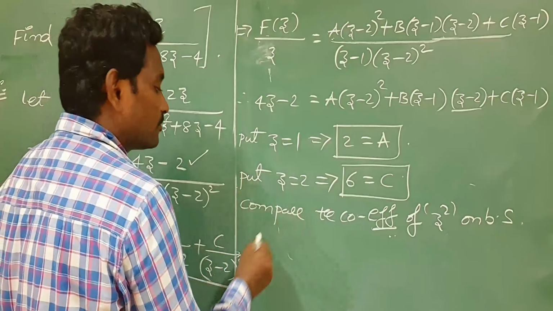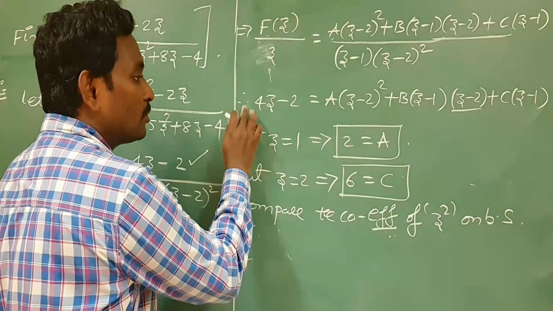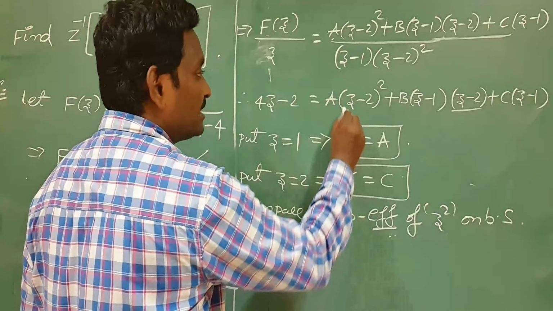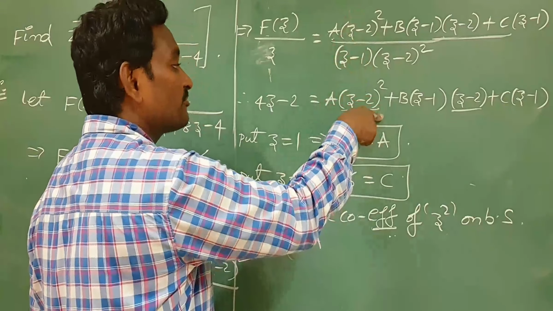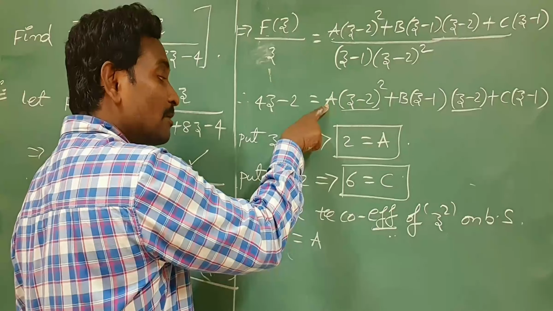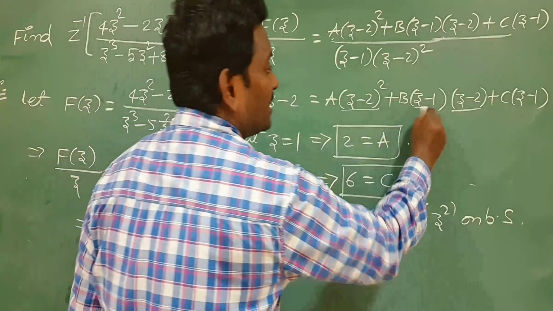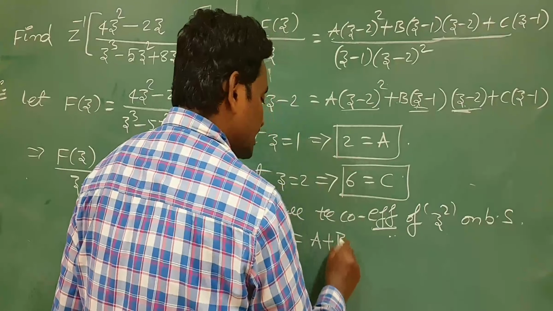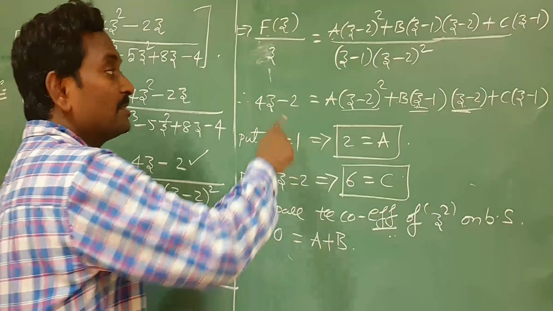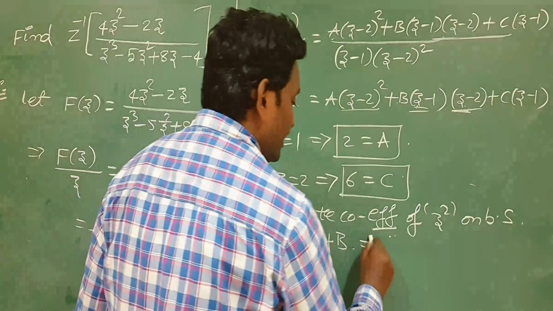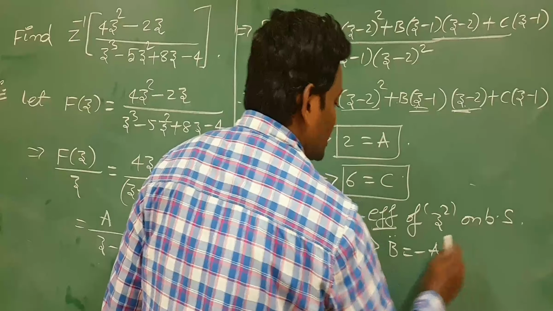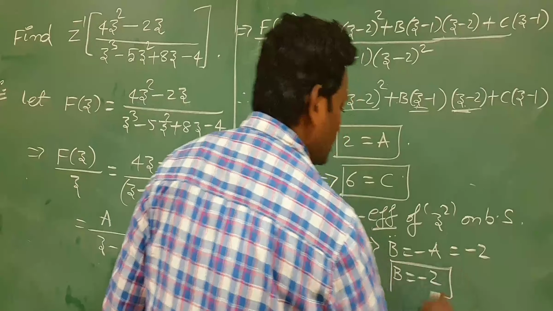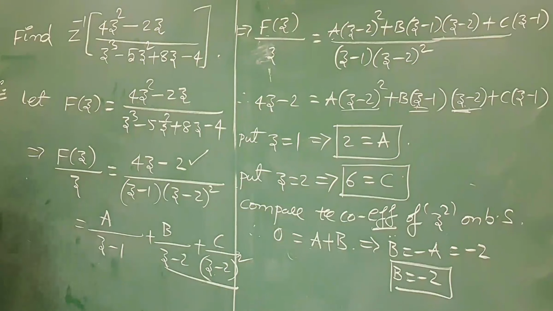So by comparing z square coefficients on both sides, on the left hand side there is no z square term, that's why its coefficient is 0. Here you will get A by expanding z minus 2 whole square using a minus b whole square. First term is z square, whose coefficient is A. Here by multiplying these both terms, the first term would be z into z square, whose coefficient is B. Except these two terms, we do not get any z square term in this entire calculation. That's why B value is minus A. What is A value? 2. So B is equal to minus 2. In this way, we have to find out the A, B, C values carefully without any mistakes.